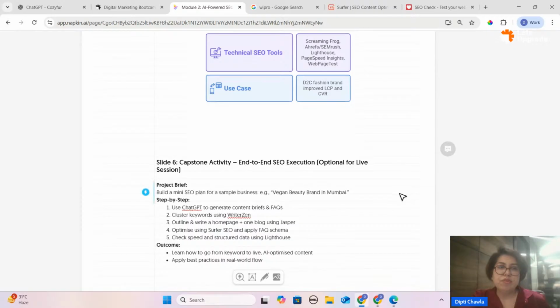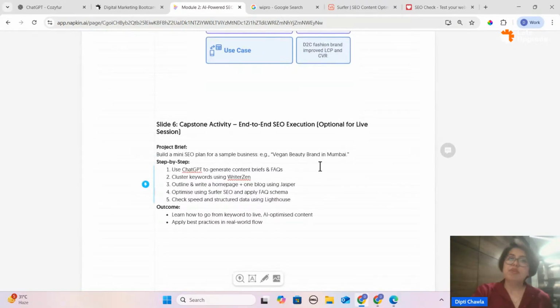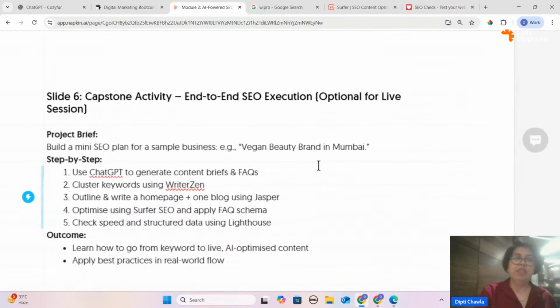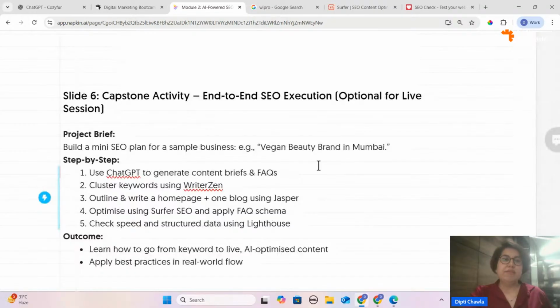Okay, let's go. Now comes the last part of day 2. Let's do a capstone activity. You can take any good furniture brand in Gujarat, or a good cake shop in Mumbai, or take your city, one business or brand, and create a mini SEO plan.